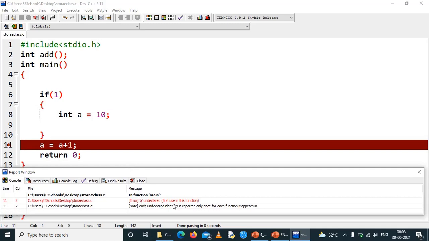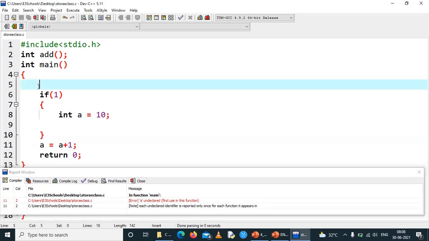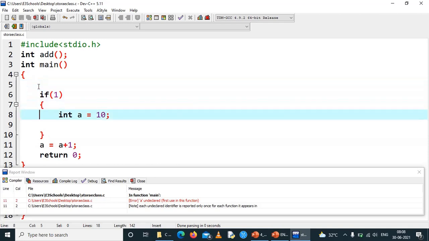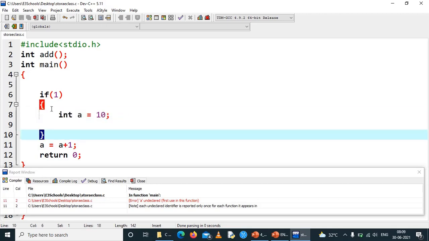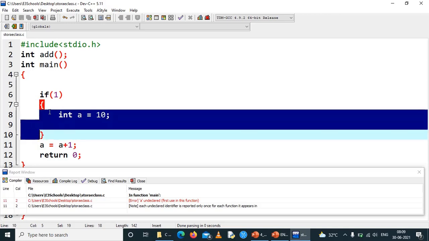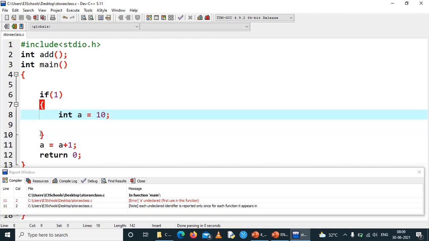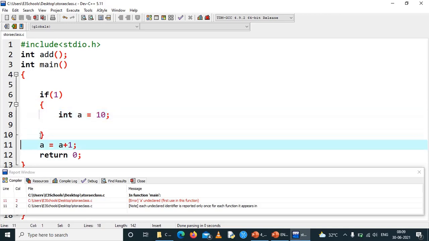A is undeclared and first used in this function, which means the compiler comes inside this if statement, creates a variable a equal to 10, and there is no statement after that. Once the braces close, any variables created inside these braces will be deleted. So after coming out of this brace, a will be deleted. That is why the compiler is telling that a is undeclared and there is no variable called a.